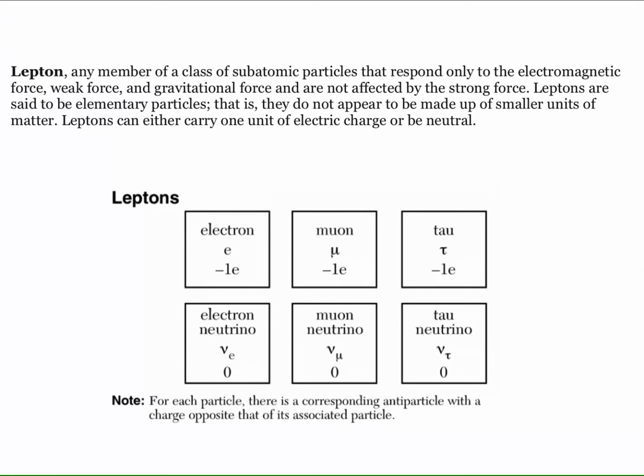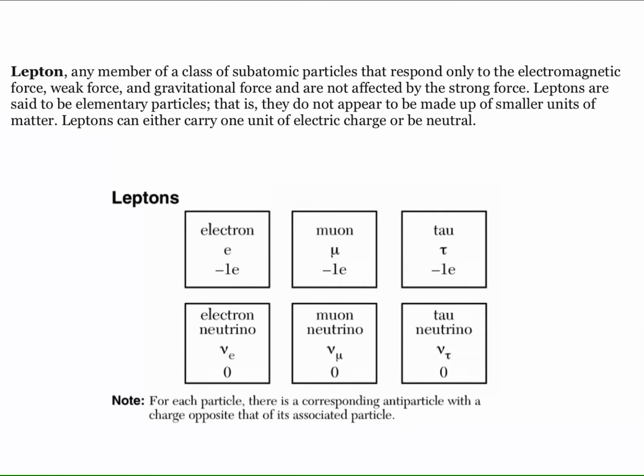So neutrons and protons, we're going to talk about in a little while, are comprised of even smaller particles. The strong force is what glues those together. So leptons are not affected by that. As a matter of fact, leptons have nothing to do with quarks. They're the only particles that we're going to talk about today that don't have anything to do with quarks. Okay? Now, it goes on to say that leptons are said to be elementary particles, which means,